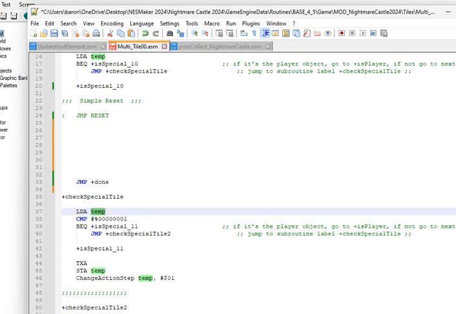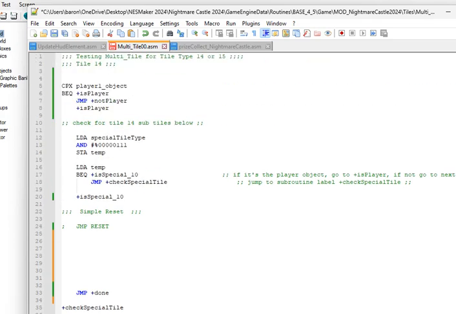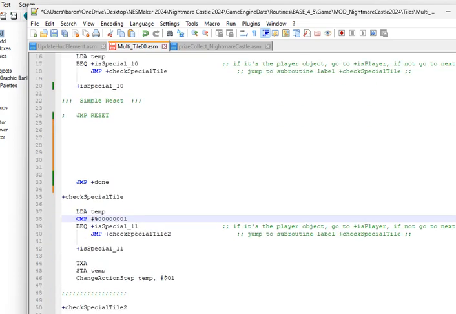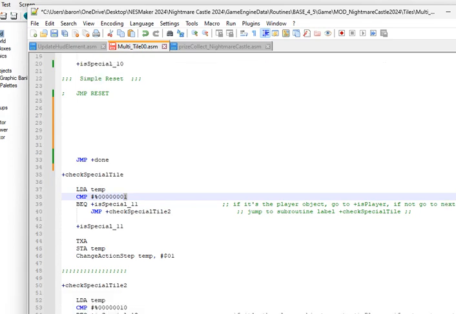Load the tile. What bit is it? It's that bit now. If it is, then it's just that. So I just put that that's what that is. The 1 1.